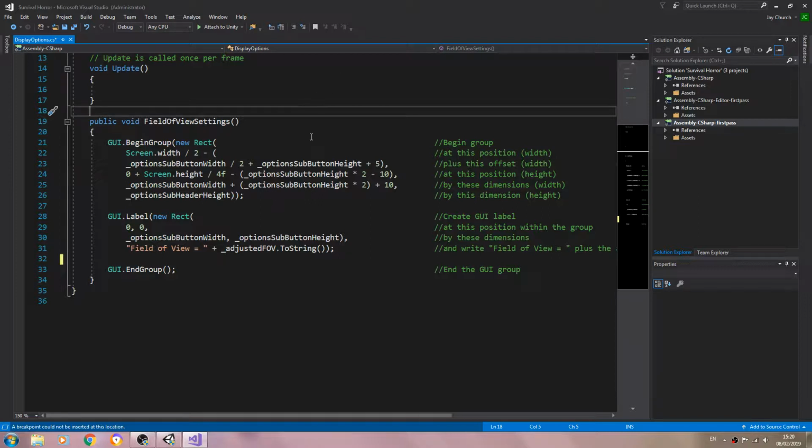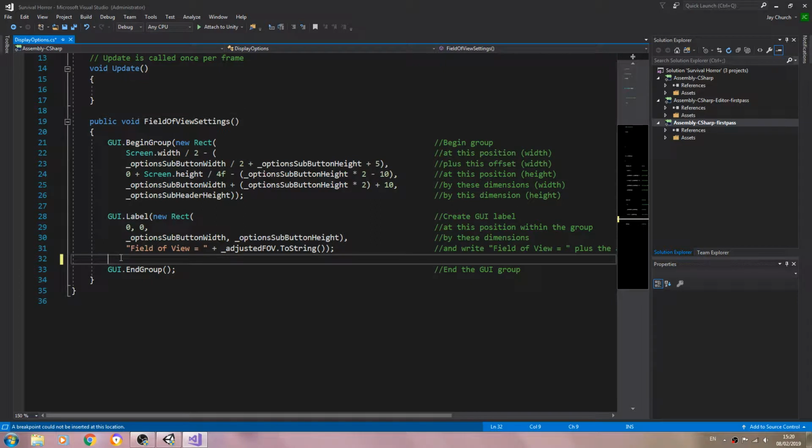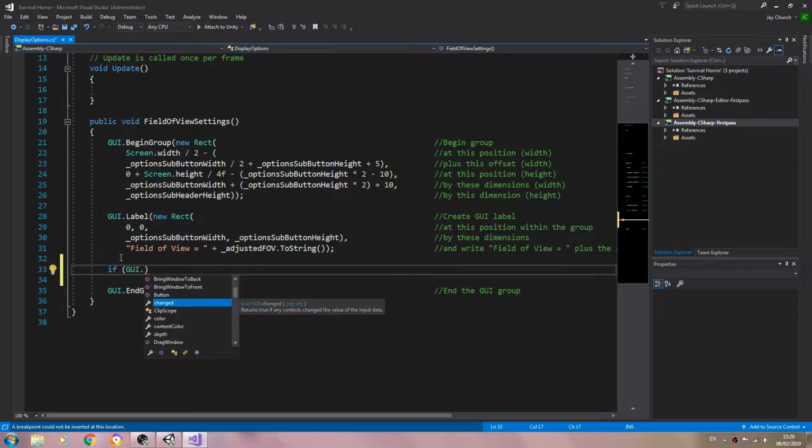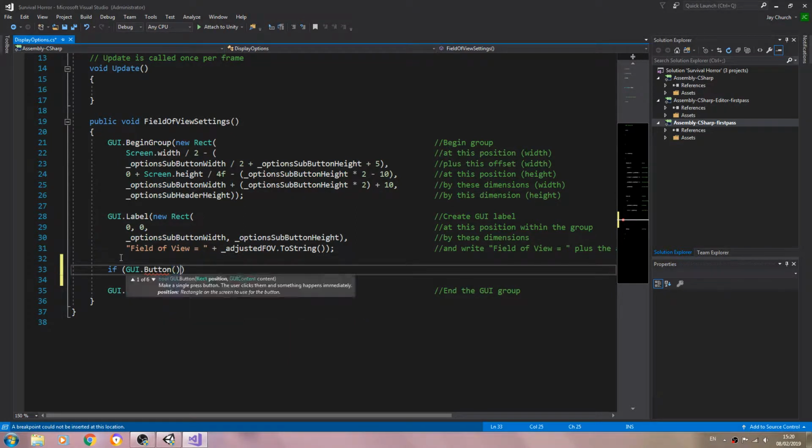In today's lesson we're carrying on with the display options script, and I'm going to come here just before the GUI end group line. We're going to say if, open and close brackets. Inside the brackets we're going to say GUI dot button, open and close brackets of type new rect, open and close brackets again, and inside this next set of brackets we're going to say 0